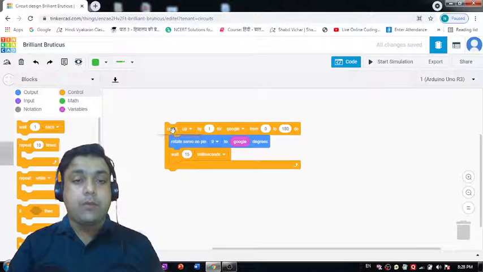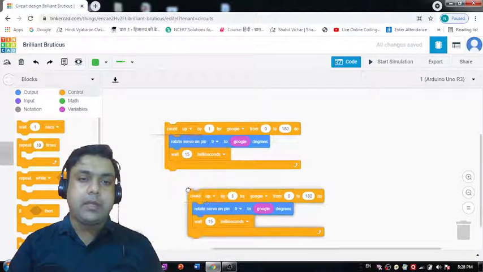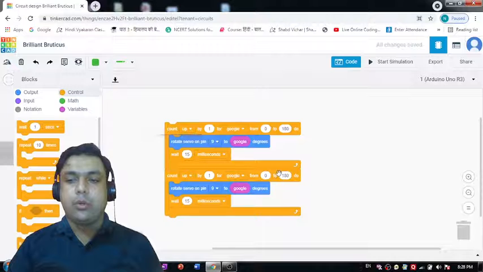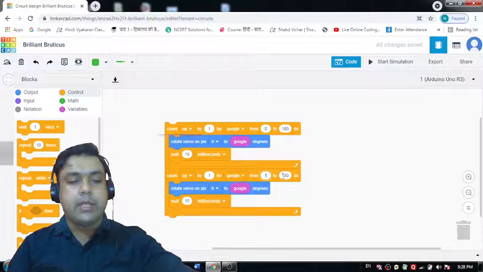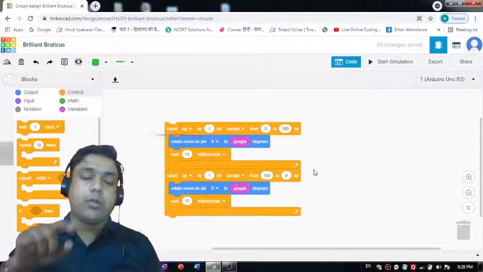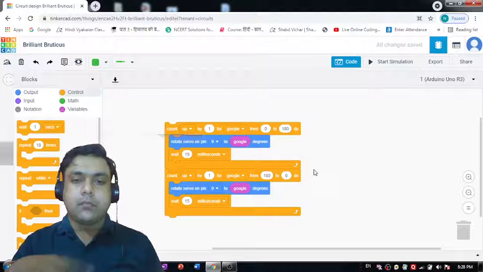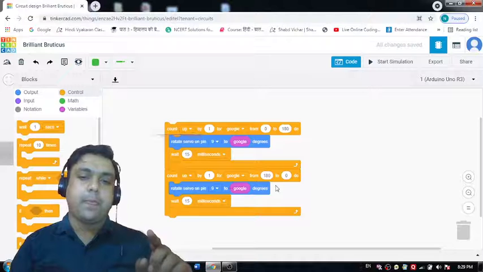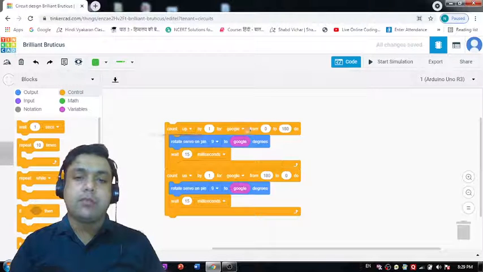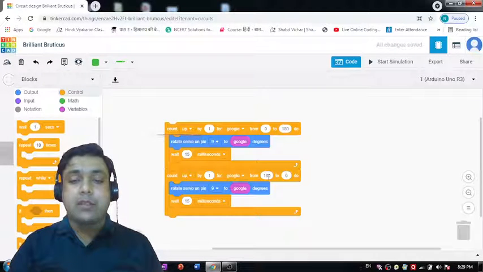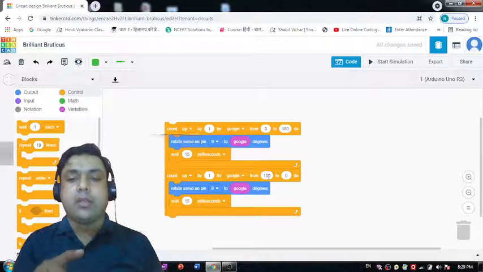Now the same code I will use again. Let's duplicate it and put it over here. So count up by 1 for Google, 0 to... now here instead of 0 to 180 I would like to go from 180 to 0, because now I want to see the servo motor rotating in the opposite direction. If this will make the servo motor rotate in the anti-clockwise direction, then this will make the servo motor rotate in the clockwise direction, right?